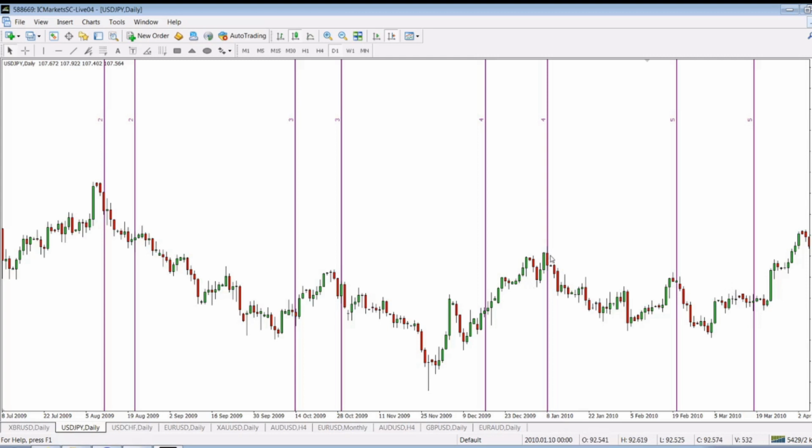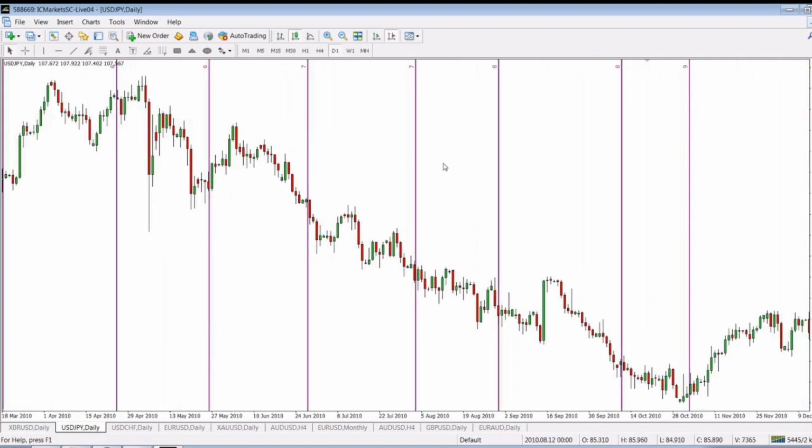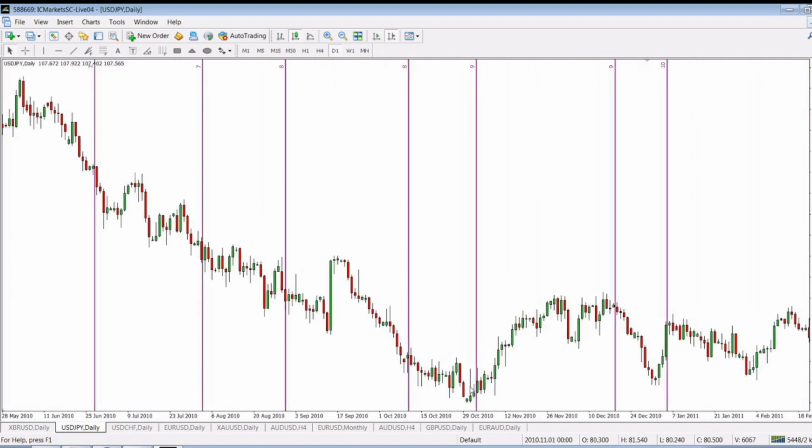As you see, not every time, but it shows tops and bottoms right to the point. We got this one, we got the bottom here, we got nearly a top over here, and continuing, we got another bottom here, we got a top here, we got a top here.